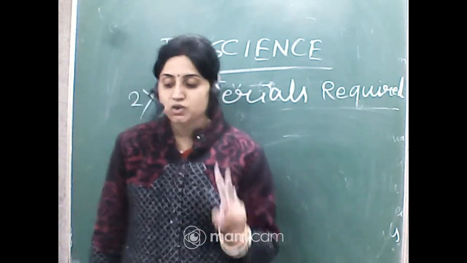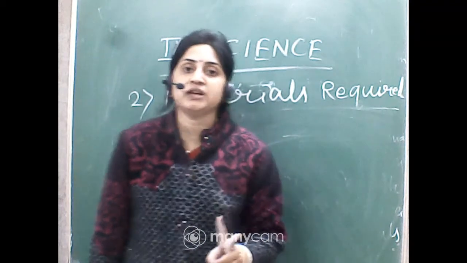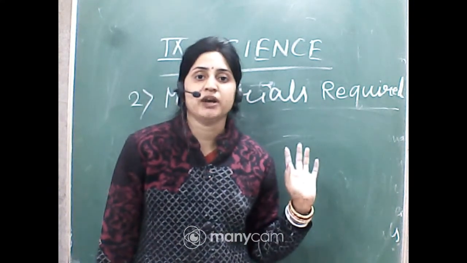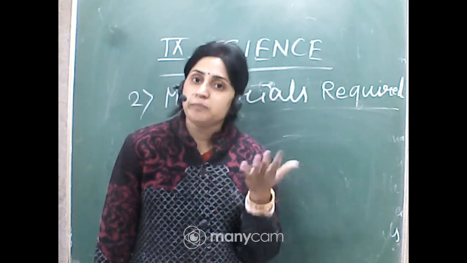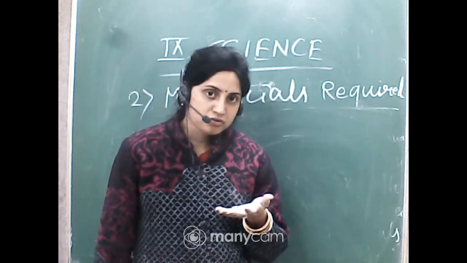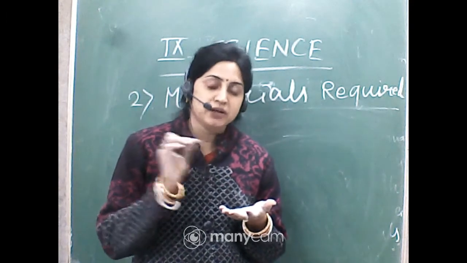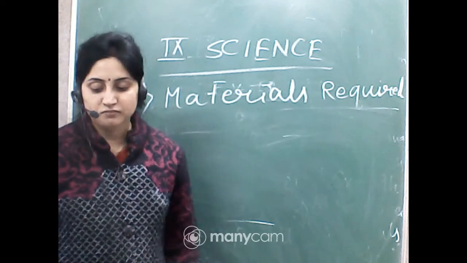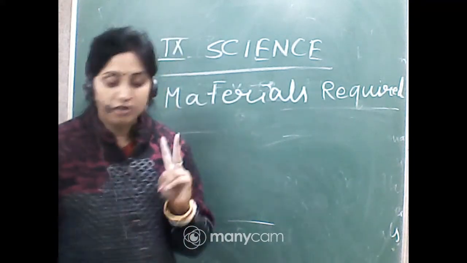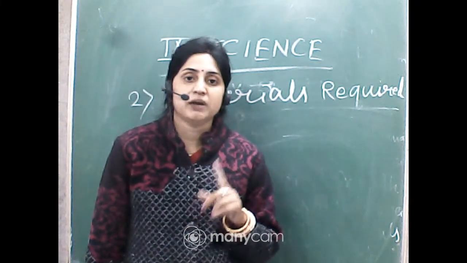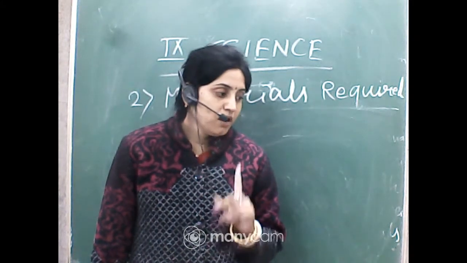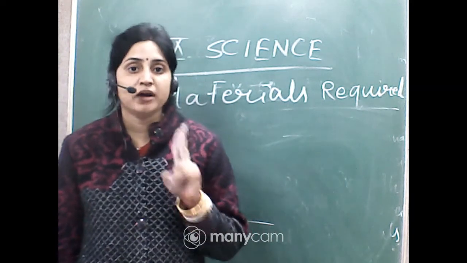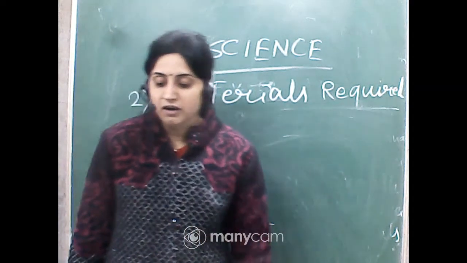Number 2, microscope. Only two materials are required, because you don't need to do this practical inside the laboratory notebook. We will provide you the prepared slides. You just look under the microscope and write down what you have seen and what their characteristics are. So materials required: first, permanent slides of plants and animal tissues, and second, a microscope.